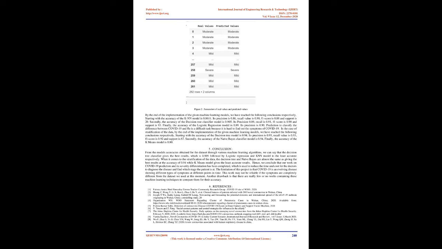3.4 Naive Bayes. The naive Bayes algorithm works on Bayes' theorem, which is one of the classification techniques of machine learning models. A naive Bayes classifier assumes that the presence of a particular feature in a class is unrelated to the presence of any other feature. The naive Bayes model is easy to build and particularly useful for very large data sets. The mathematical formula of the naive Bayes model is mentioned below. P(C|x) = P(x|C) P(C) / P(x).